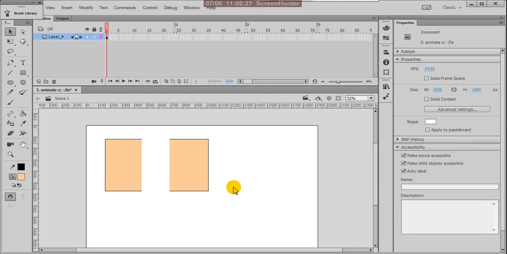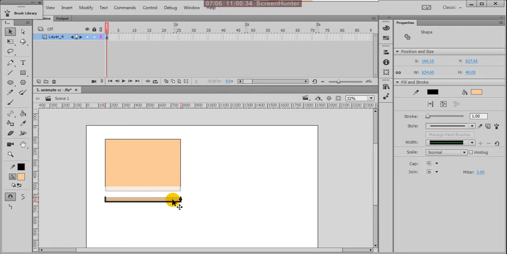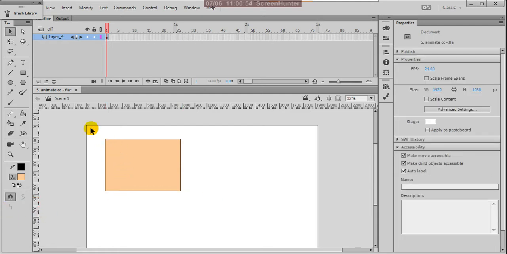You can select how you want, and move it, or select that piece and use the arrow keys: down arrow, left arrow, up arrow. That means this selection tool is useful to select the whole object, the entire object, or only some portions.